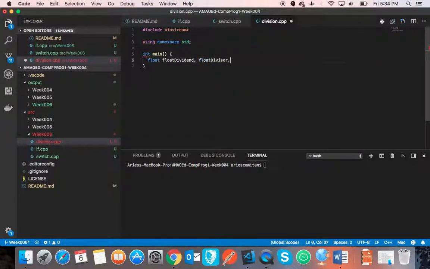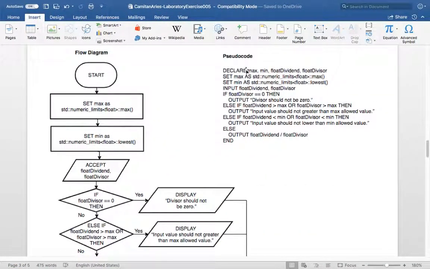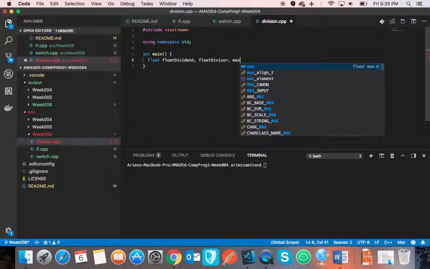So, if you notice, I always put the data type first, before I declare the variable. I always put the type so I can easily tell in my program what the type of this value is. Okay,